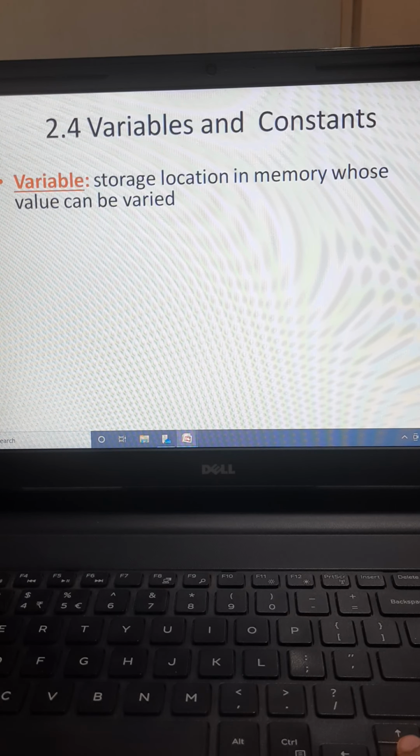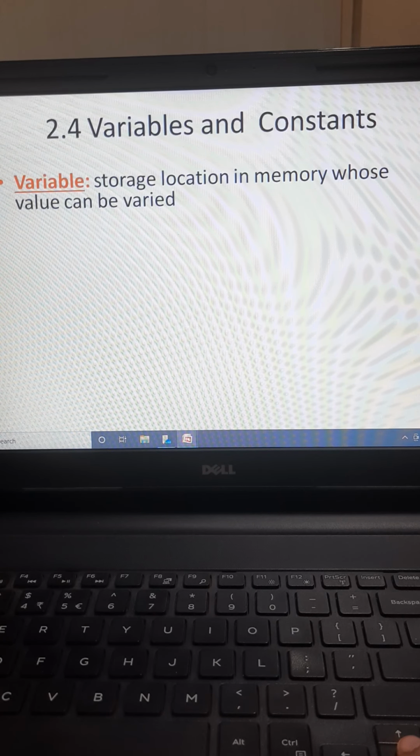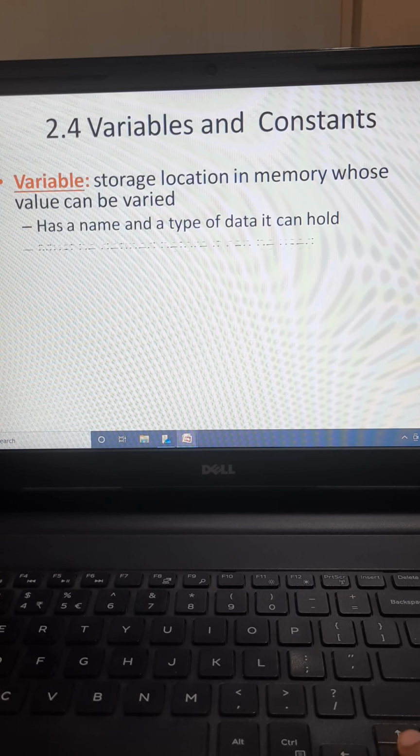Now that storage location is present in the memory. Suppose you take the example of finding the area of a circle. Here we will ask the user to enter the radius value, correct?